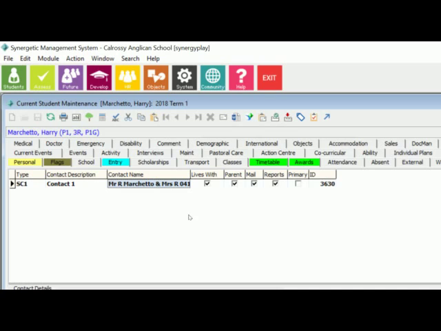There might be situations where you need to flip the spouse, because they've decided that Mum wants to receive the mail addressed to her only, and because we've got Mr. and Mrs., we need to flip the spouses so we can make Mrs. the primary. In this case here, Mr. is the primary. If I was to click this primary tab or flag, what that does in this situation, once it allows me to click it,